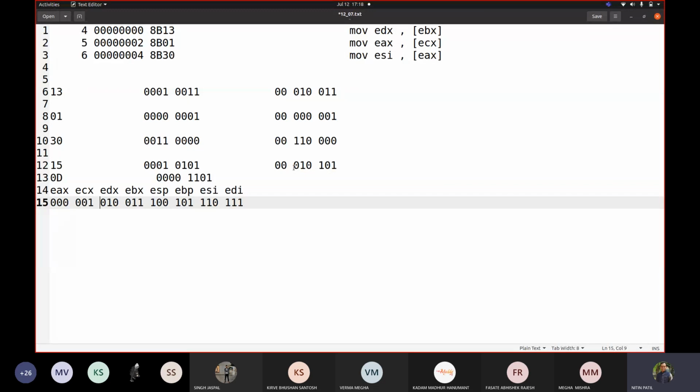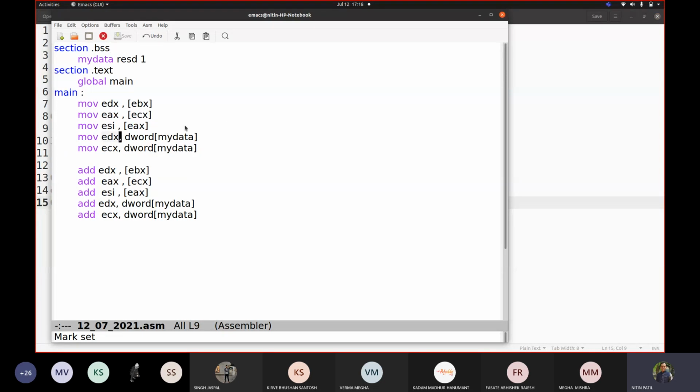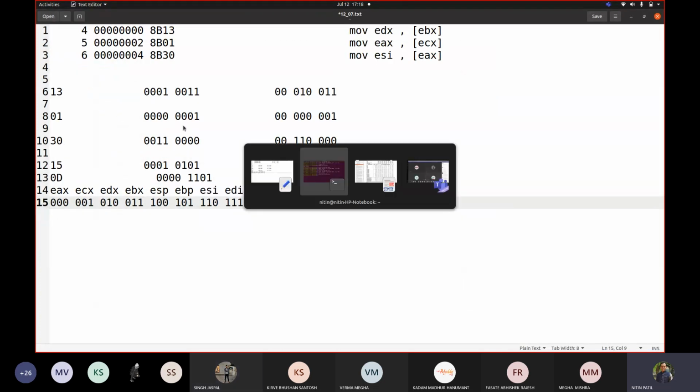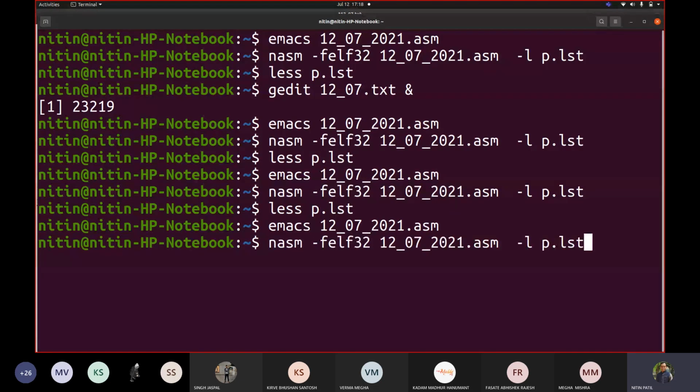Now whenever you have a 32-bit address, declared either from the data section or BSS section, written in square brackets, because you are picking a value, this is indirect addressing. If I write only my data, simply like this, then the meaning would change. It would be an immediate one. So let me write this one. If I write my data like this, let us see what the change is. As he asked the question, that's why I'm adding this additional information right now.